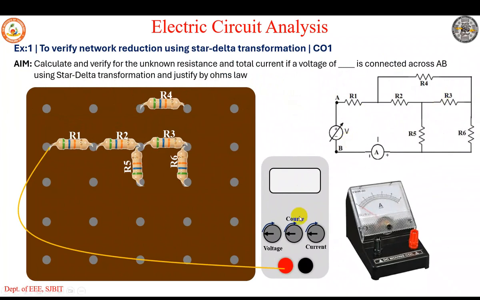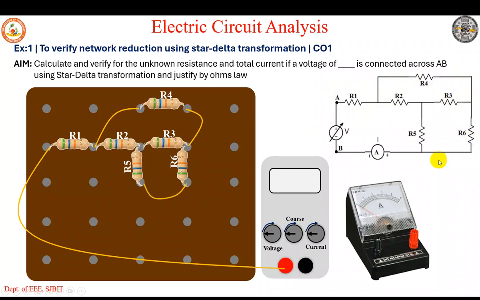So here, from the voltage source to R1, this is from the positive of the voltage source to R1, and then we have from R1 and R2 to R4. So between R1 and R2 to R4, and then we have R4 to R3 and R6. So R4 one junction goes to the junction of R3 and R6, which are connected together, and then R5 and R6